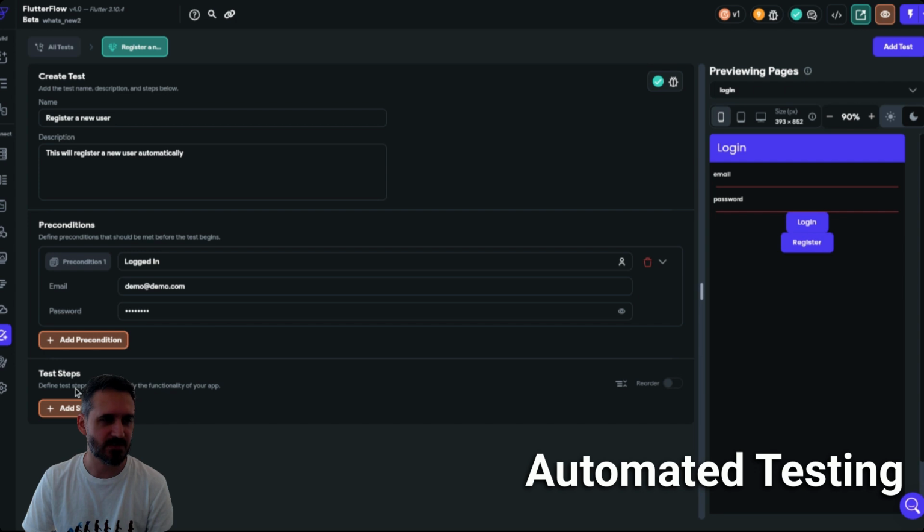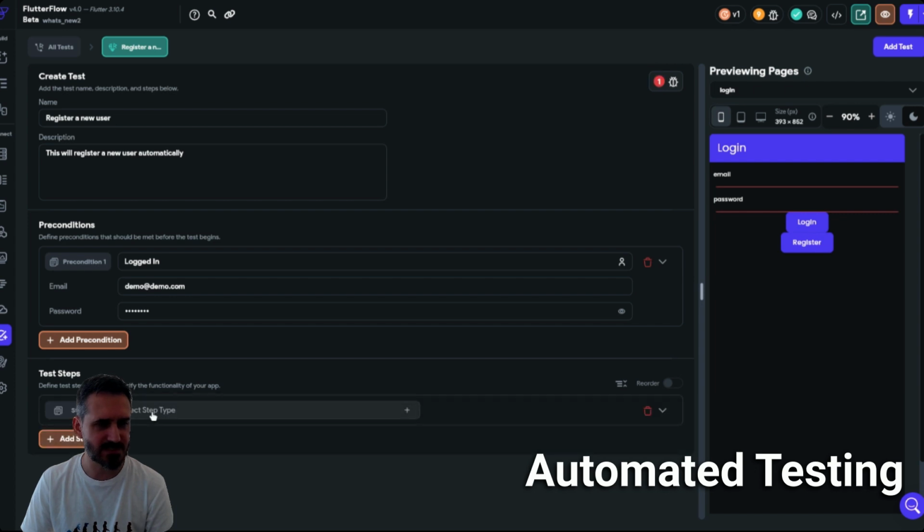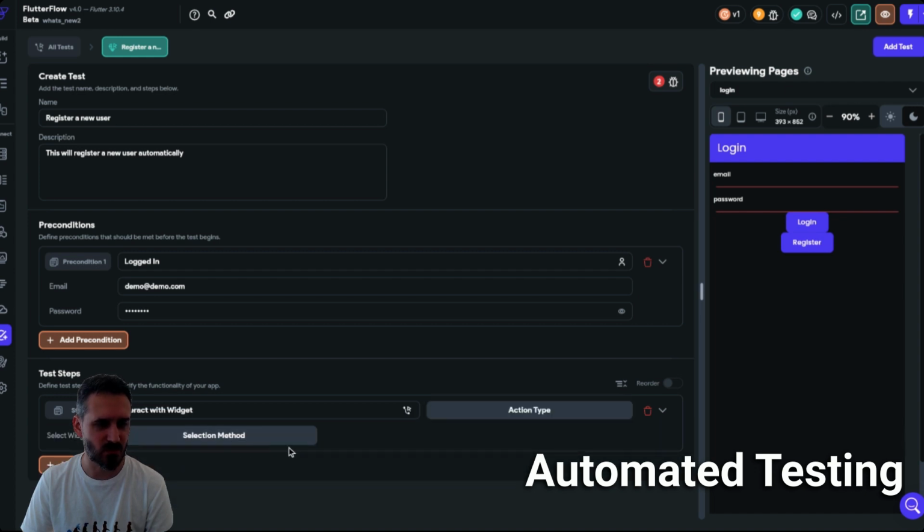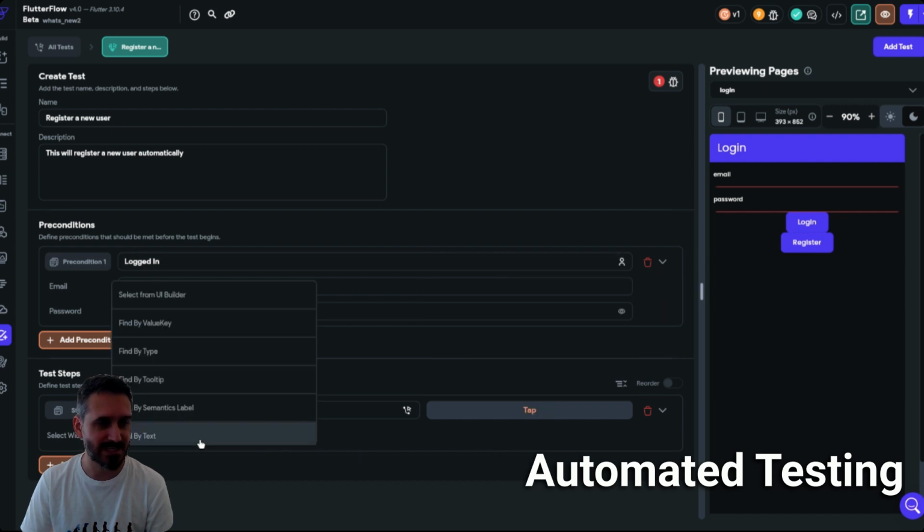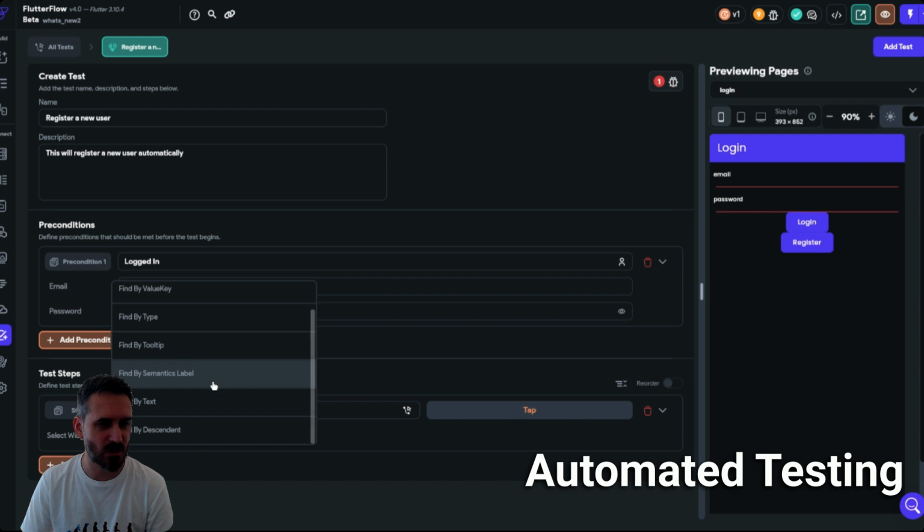Then define test steps in order to verify the functionality of your app. So let's define some steps. Let's define first an integration, interact with widgets. We have the wait to load, and we have expected result. So let's interact with the widget, and for action type, let's click on tap, because I want to tap, and then select the widget. The widget that I want to tap